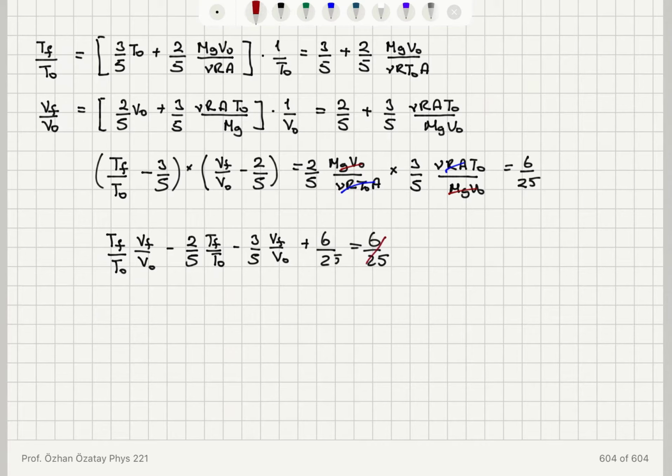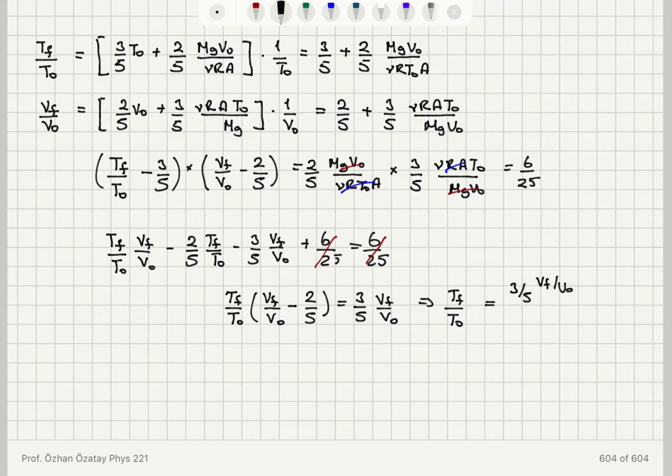So these will cancel, and I will have T final over T0 times (V final over V0 minus 2 over 5) is equal to 3 over 5 V final over V0. Therefore I can write T final over T0 is 3 over 5 V final over V0 divided by V final over V0 minus 2 over 5,